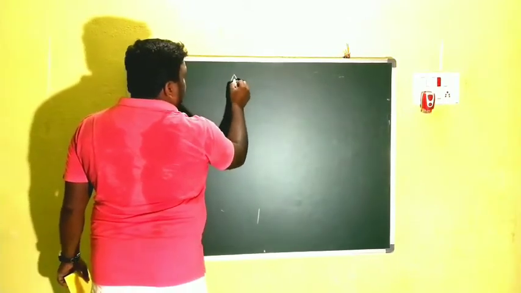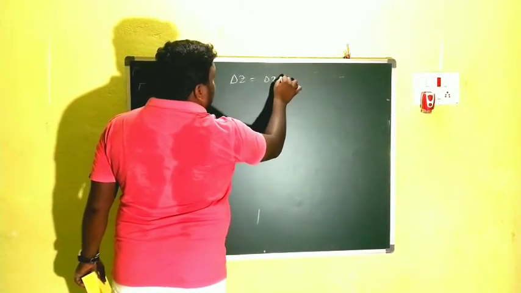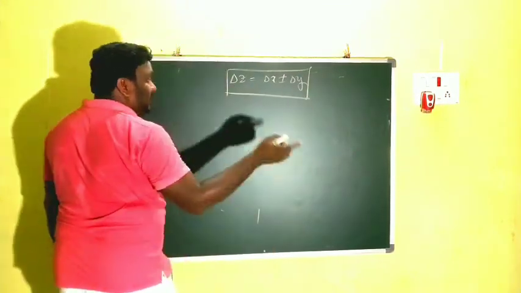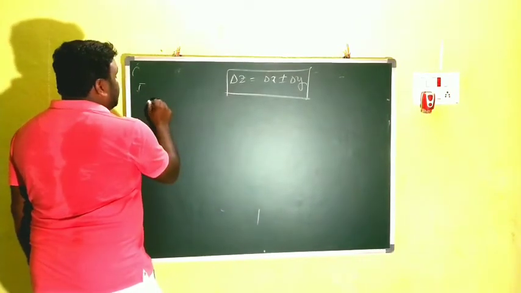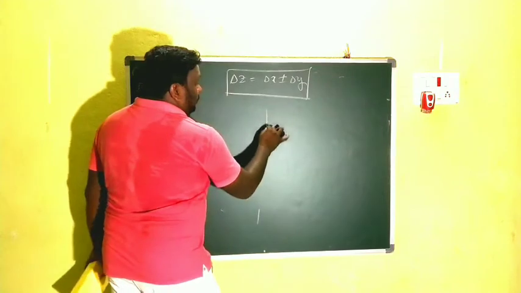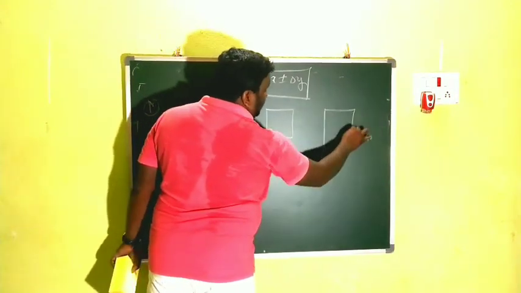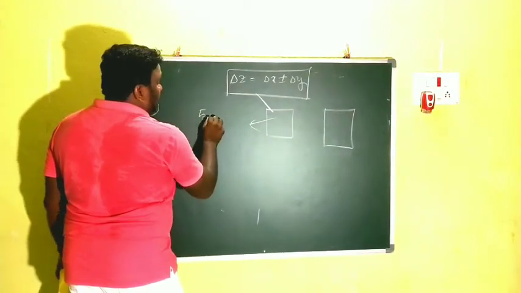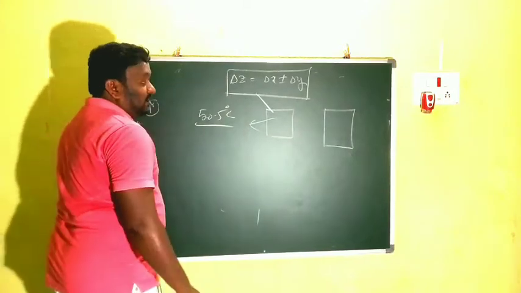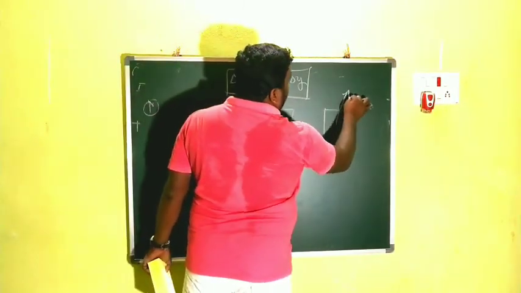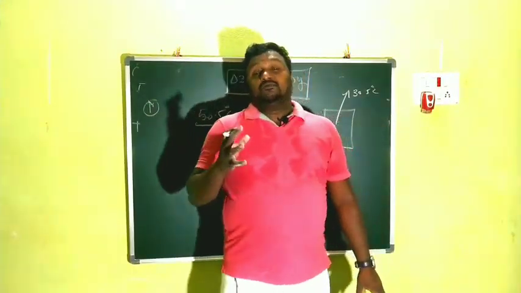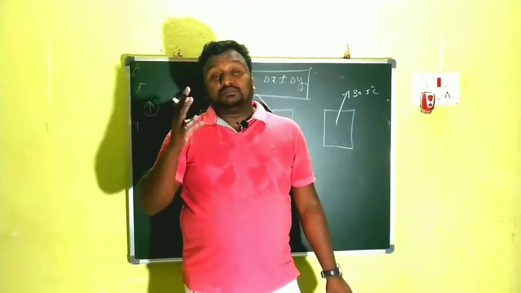So don't forget, children, in addition or subtraction, delta z is equal to delta x plus or minus delta y. If we use addition, we can use the same formula; subtraction also uses the same formula. Here one probability is there. For example, here is the first body and this is the second body. By using the thermometer, the first body's temperature is known as 50.5 degrees Celsius, and the second body's temperature is known as 30.5 degrees Celsius. We have two bodies, and their temperature should be measured by one thermometer.